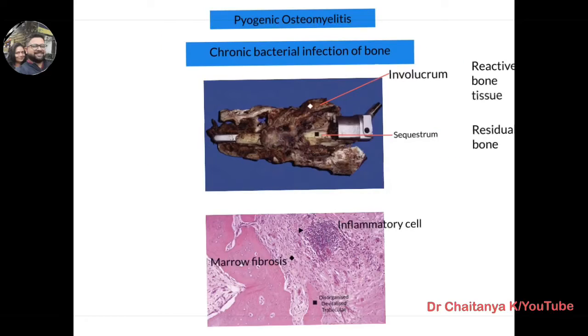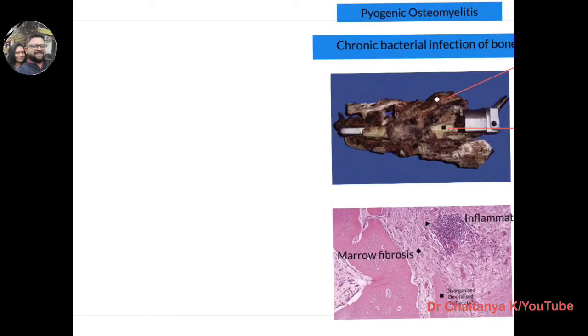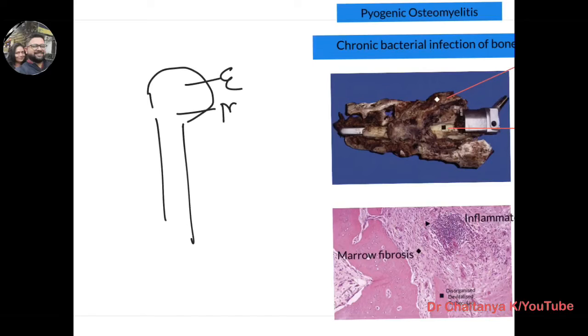So why bone gets infected by bacteria and where, that is also important from the anatomical side. As everybody knows, the long bone can be divided into the epiphysis, metaphysis and the diaphysis. And in case of the metaphysis, the blood supply to the bone actually appears like a hairpin shape. So here you have a growth plate and here you have a metaphysis. So this is the place basically where most of the time bacteria reside and the bone gets infected. So here you will get bone infection most of the time.